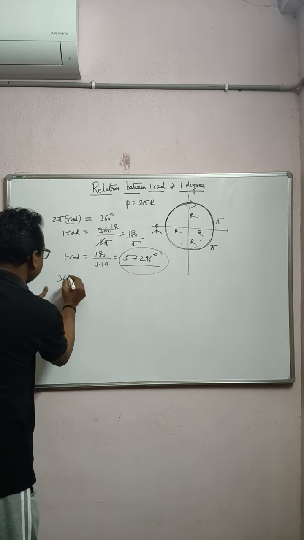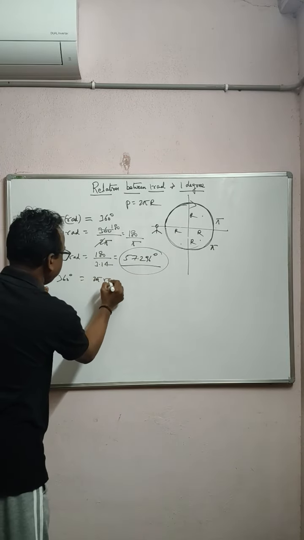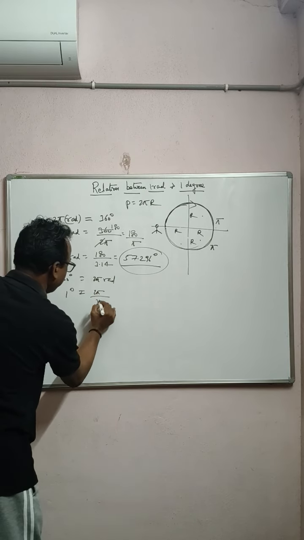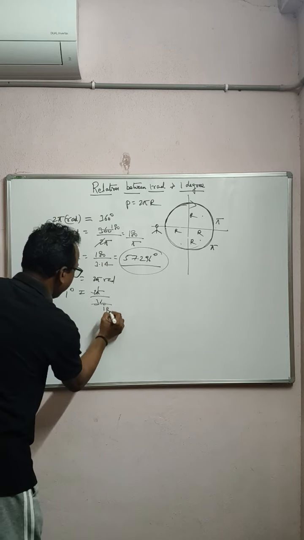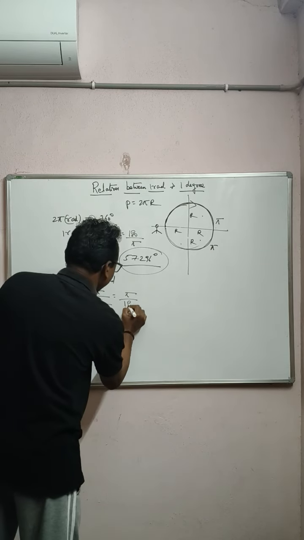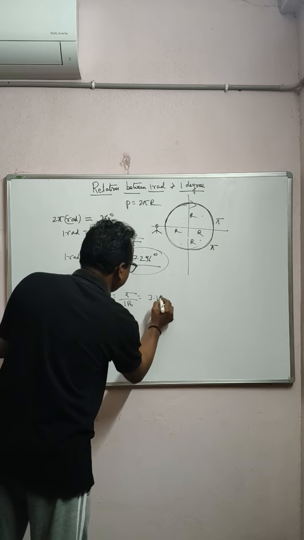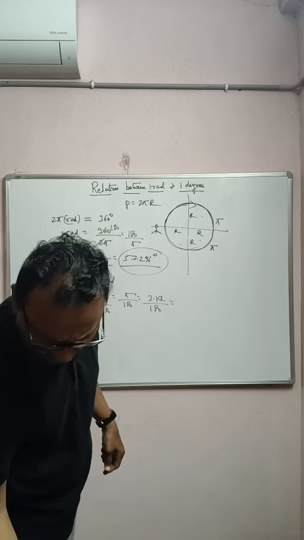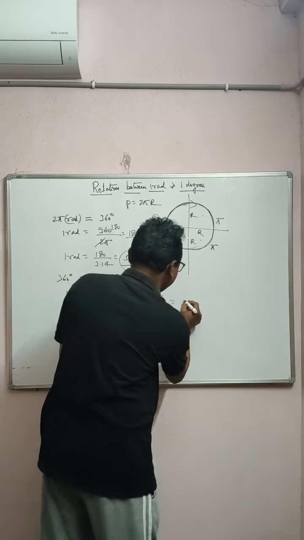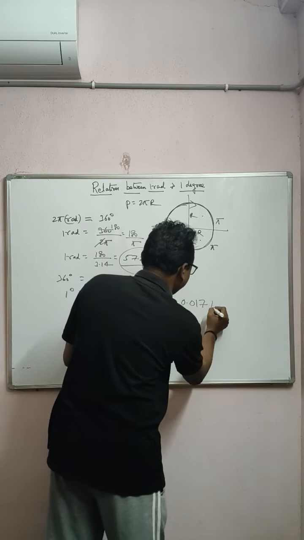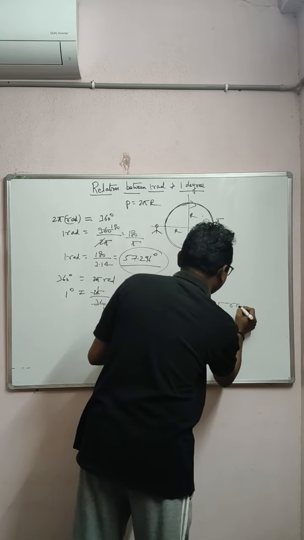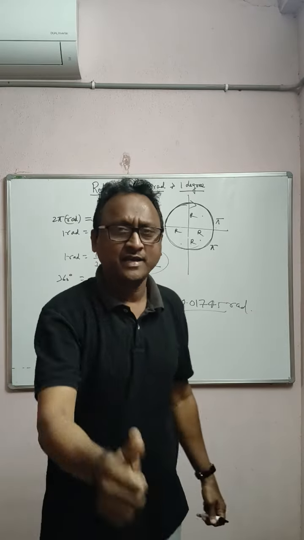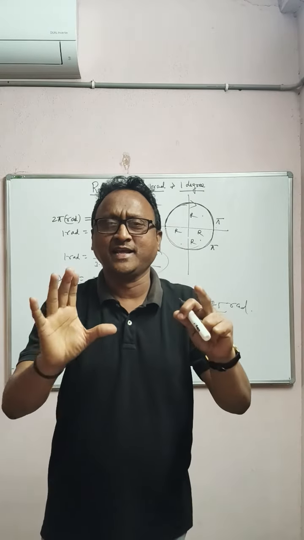ఎలాగా 360 degree is equal to 2 pi radians లేదా 1 degree is equal to 2 pi by 360. 2 ones are 2, 180. That is pi by 180. Pi by 180 ఎంత మళ్ళీ 3.14 by 180. This is almost nearly you will be getting around 0.01745 radians. Okay na? So like this you can solve the relation between radian and degrees.